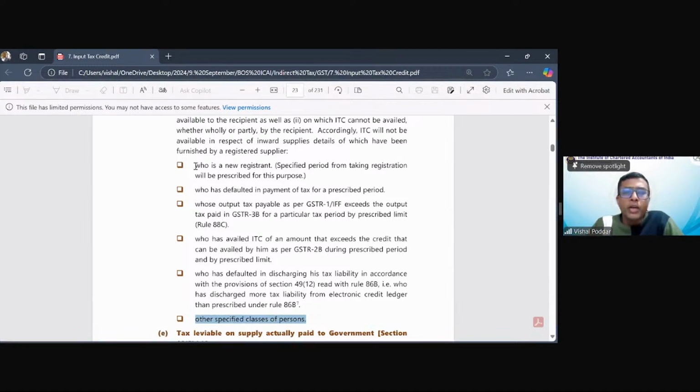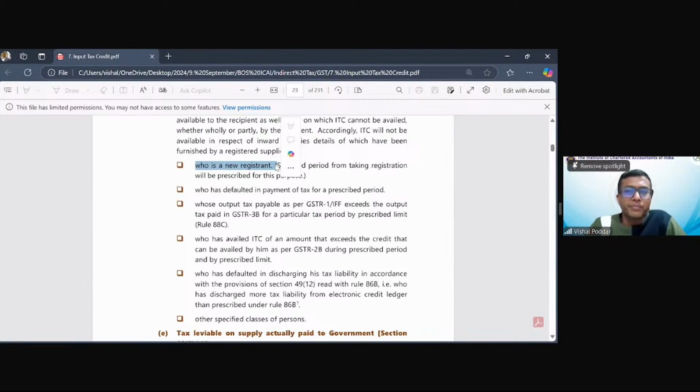See, a few things you'll get to know immediately. Like if your supplier is a new supplier, you get to know immediately. In your 2B itself, they will show that this supplier is not correct. So either it will show in the current 2B itself, or you'll get to know in the next 2B, and the 2B will ask you to reverse it. So that is what I'm saying, this section is going to be very tragic. Some of it will be reflected immediately. Some of it you'll get to know in the next period.